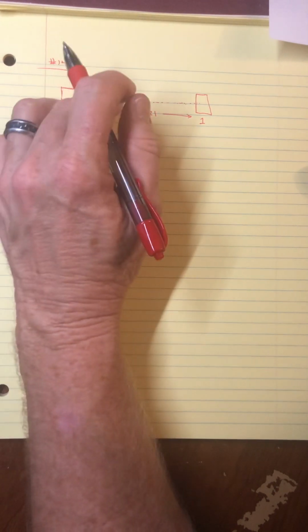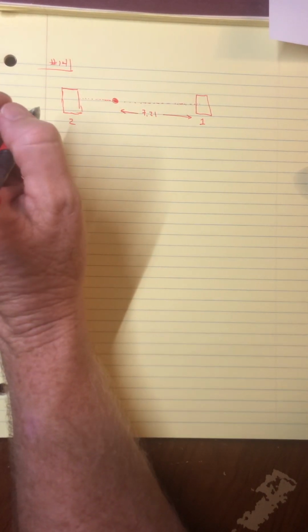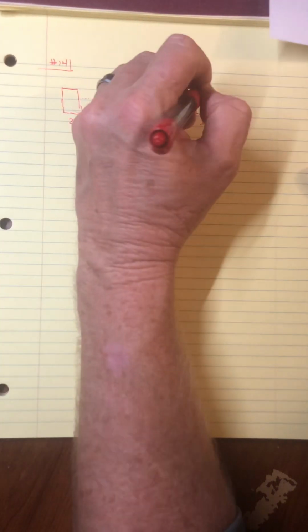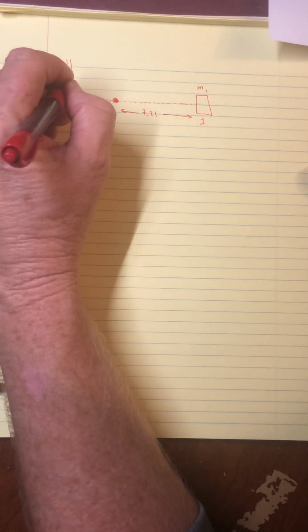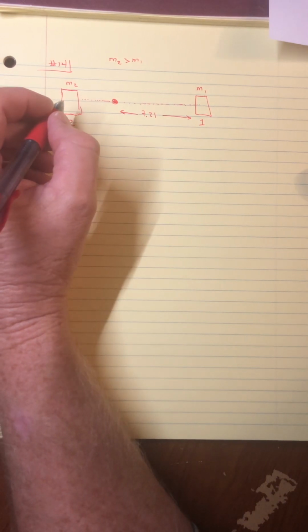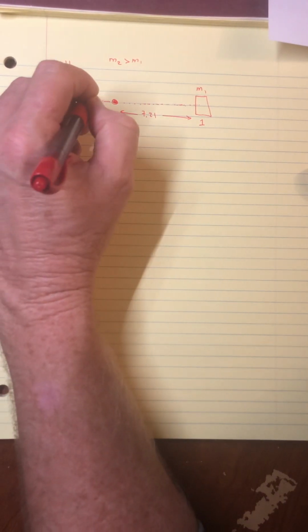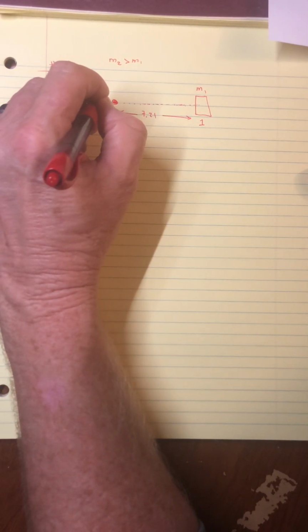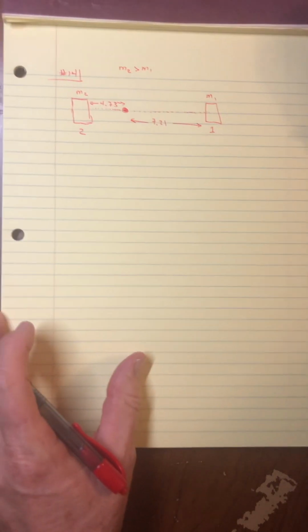And it also has to be more massive. And so if I call this mass 1 and this mass 2, I know that M2 is greater than M1. Maybe I'll put in a distance here first. 4.73 was the number. Okay. So there's my